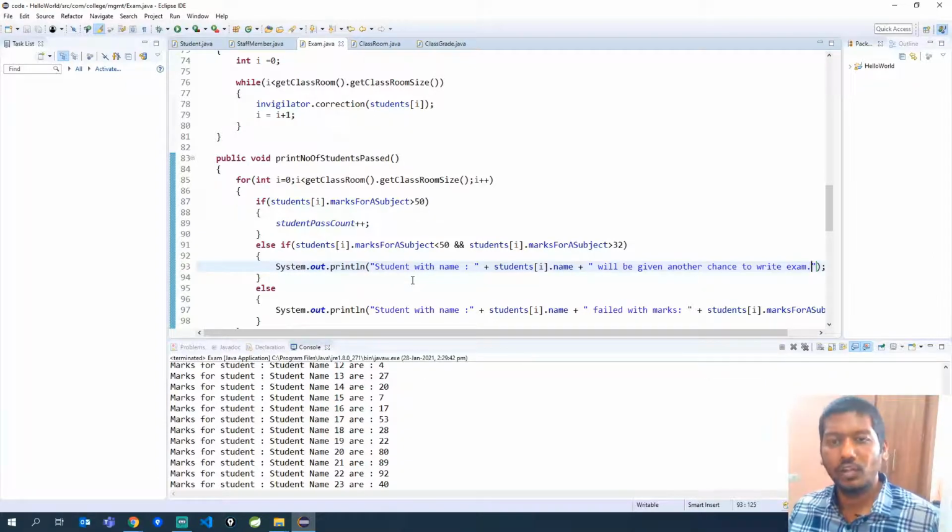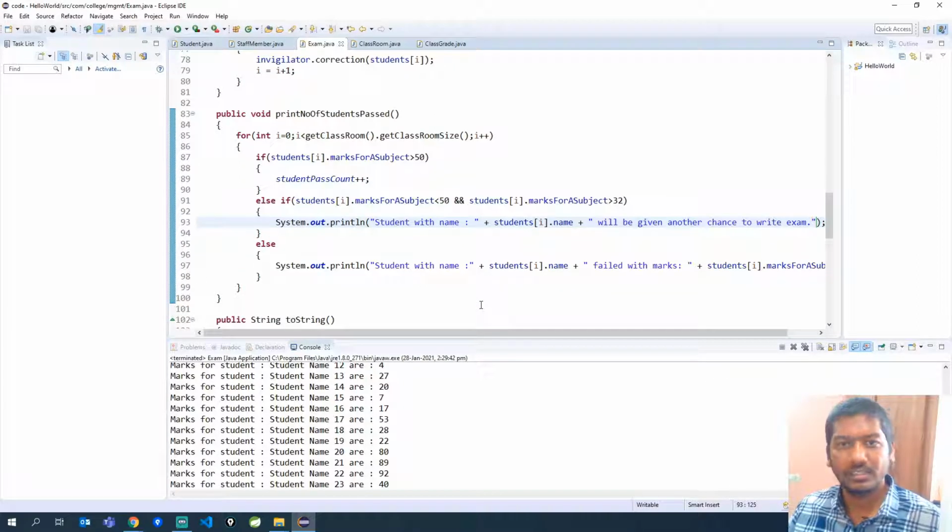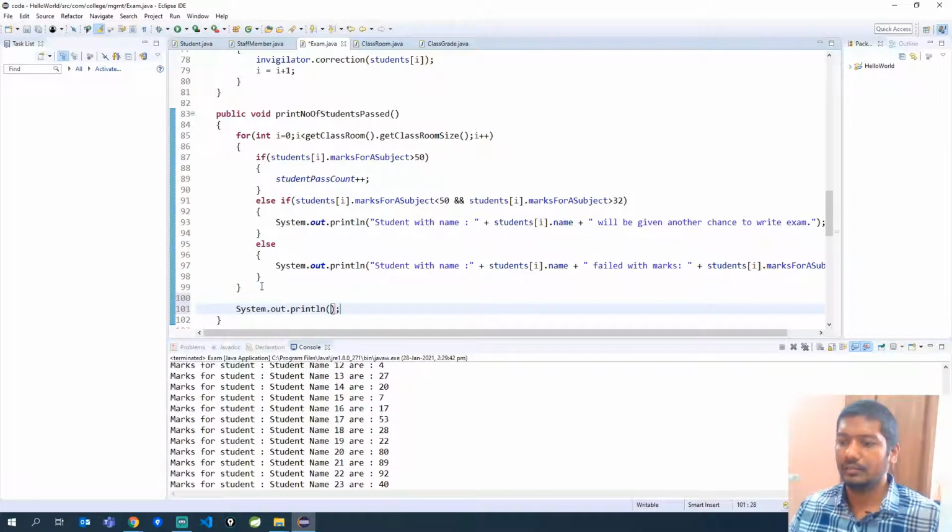I am saying that if a particular student scored marks greater than 32 but less than 50, then that student will be given another chance to write the exam, or else the student is considered to be failed. Once the for loop gets finished, we will finally have the number of students passed in this exam. So you can print it like this.